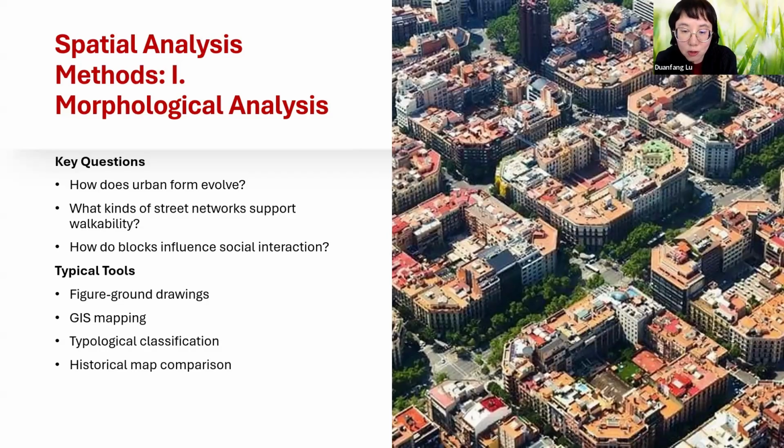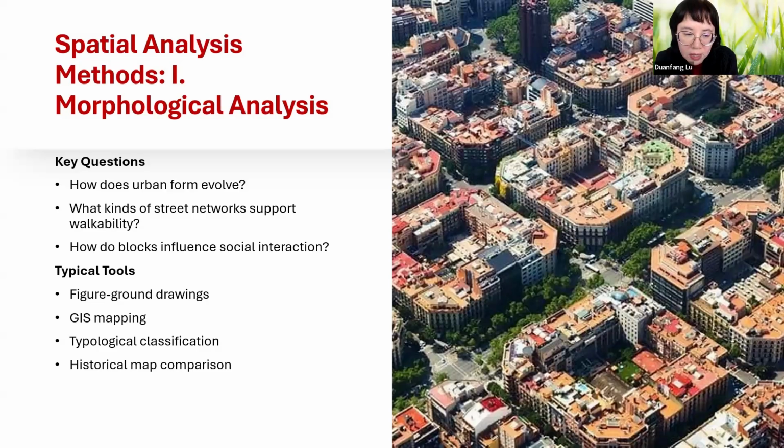And if you have a huge block, it is not permeable for pedestrians. So all these characteristics are very important for you to think about new strategies to increase walkability in the local